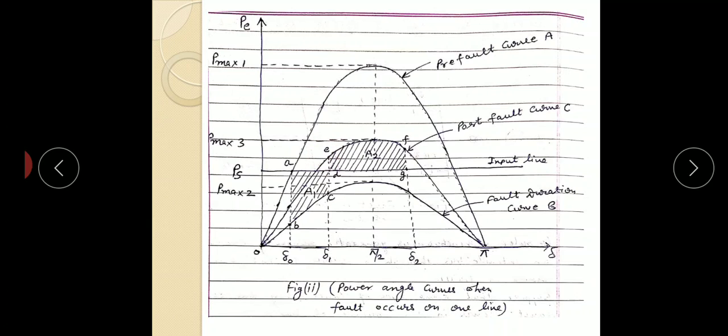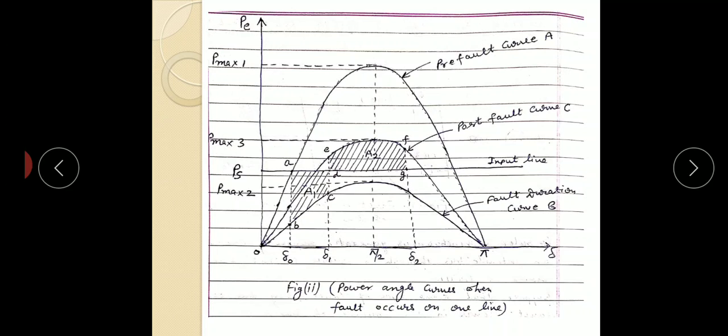The load angle delta goes on increasing due to the rotor inertia. Now the output power is greater than the input power and the rotor starts retarding till the point F is reached. At the point F, the angle delta is delta 2 and the speed of the rotor with respect to the synchronous speed becomes 0. The extent of overshoot, that is the value of delta 2, can be determined by equating the area